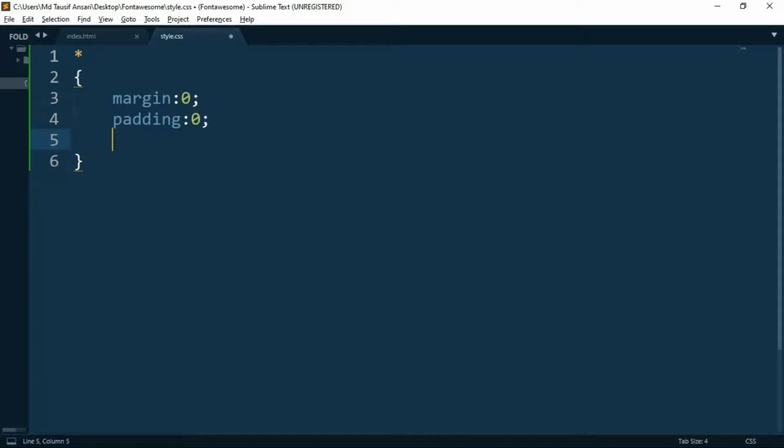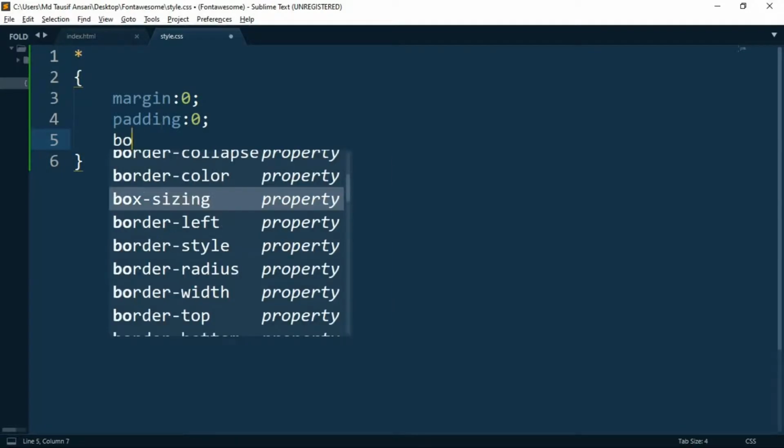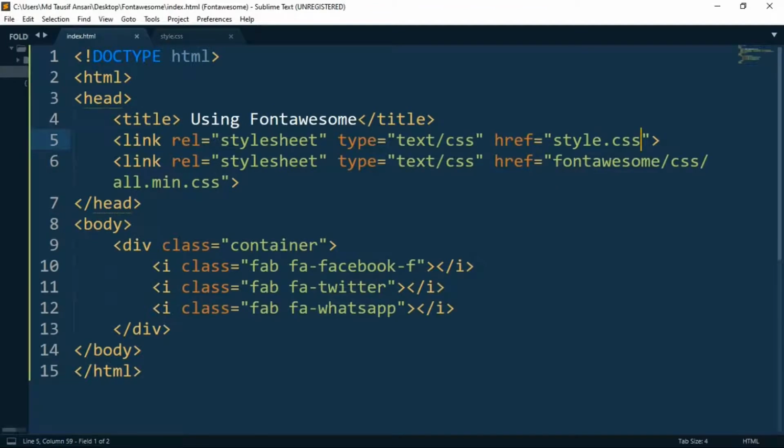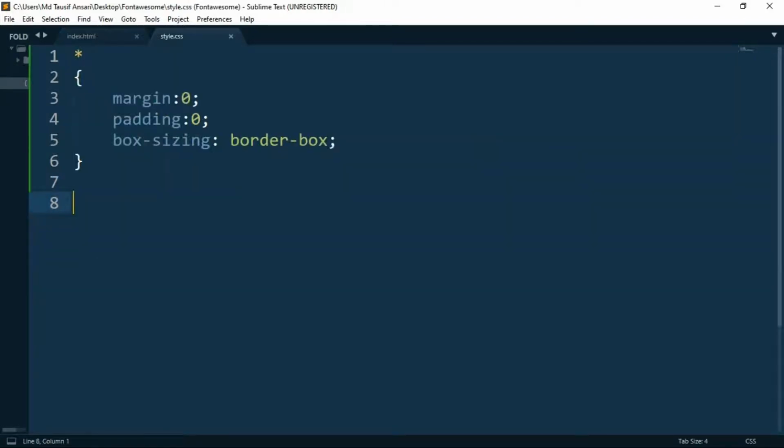So to avoid this, we use this universal tag, and of course the box sizing is to be border box. So these three are the major universal tags that are used. So yeah, let us just style the div, which we have given a class of container, and let us bring the icons to the middle of the screen.